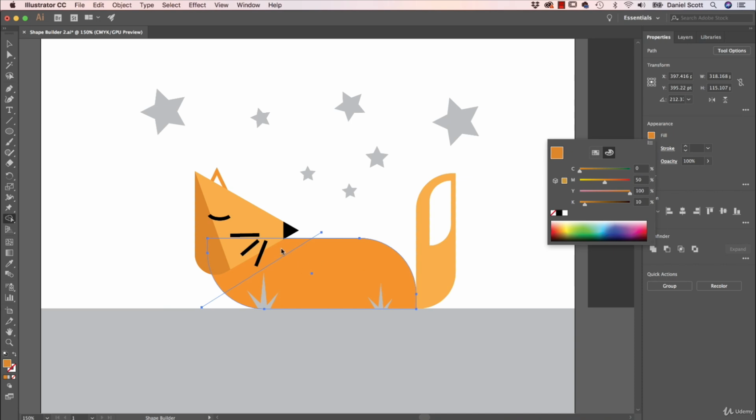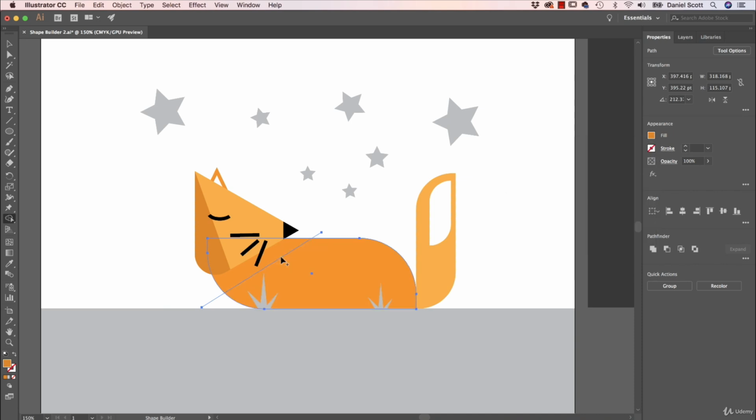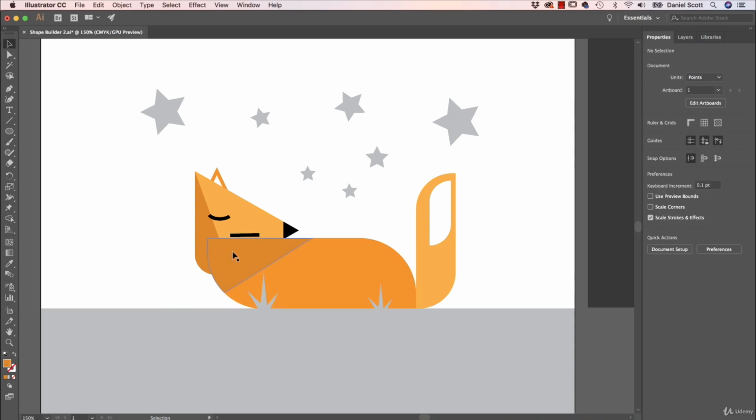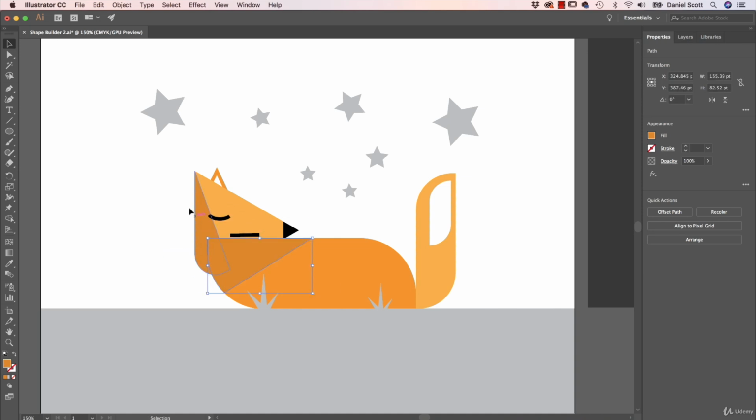Okay, and I'm just going to hover above, remember to click out, hover above this, click once, and this is going to run into our first problem with the Shape Builder tool. Grab the selection tool, click off in the background. You can see this has ended up above everything, which is fine. All I need to do is, with it selected with the black arrow, click arrange